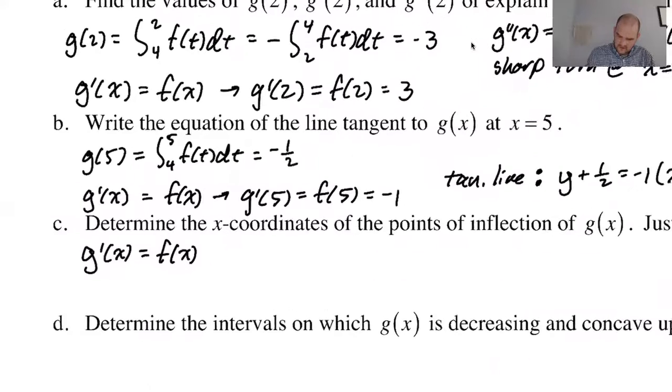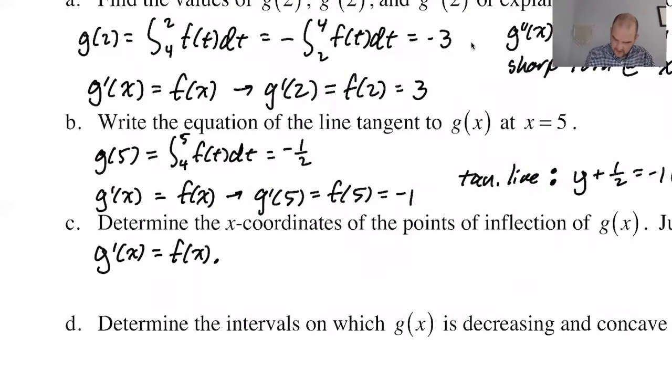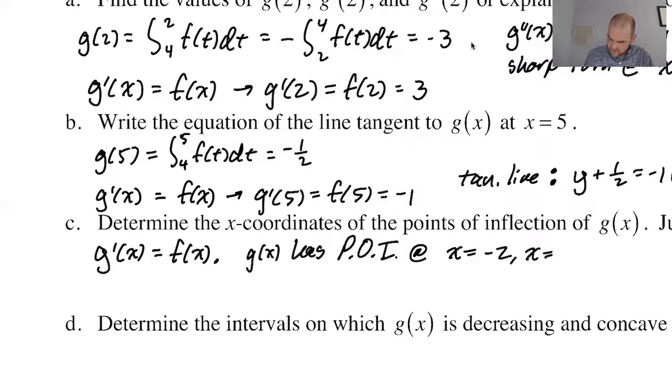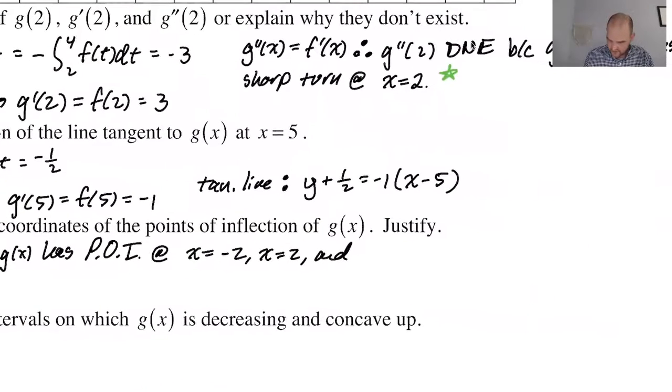So this is true. I'm going to say that g of x has points of inflection at x equals negative 2, x equals 2, and x equals 6. So I'm going to do all three at once